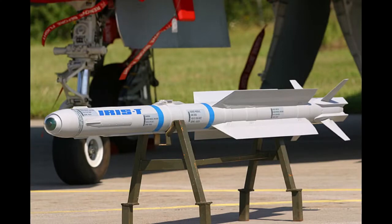So let's start with the IRIS-T system. Now, the IRIS-T nomenclature name is actually a misnomer. Hell, I'm trying difficult English today. But the IRIS-T name is actually wrong. The IRIS-T is a missile. It's an air-to-air missile that has been designed a long time ago. And it was put into production